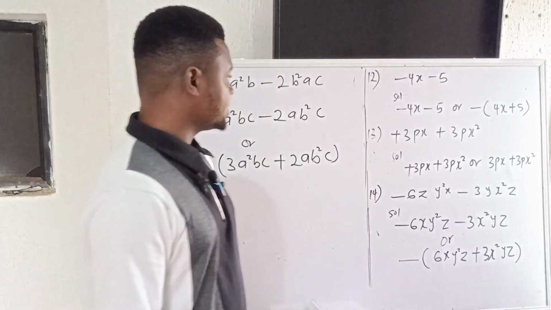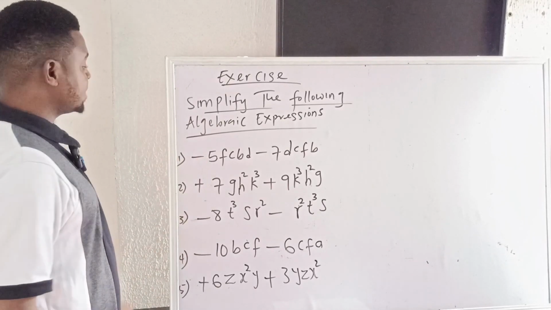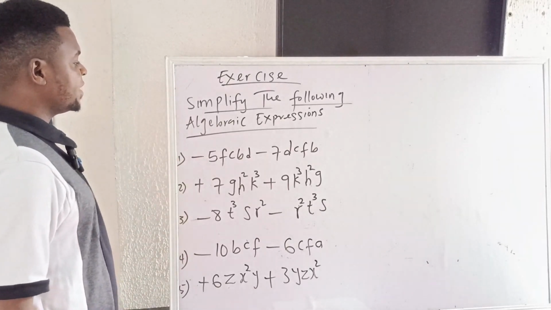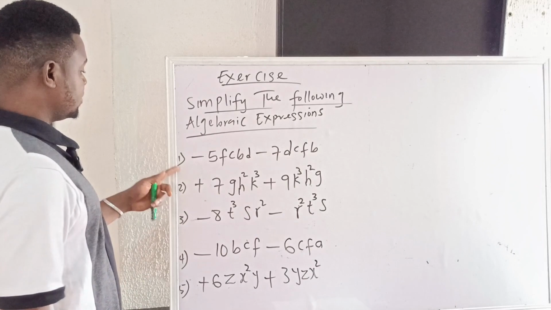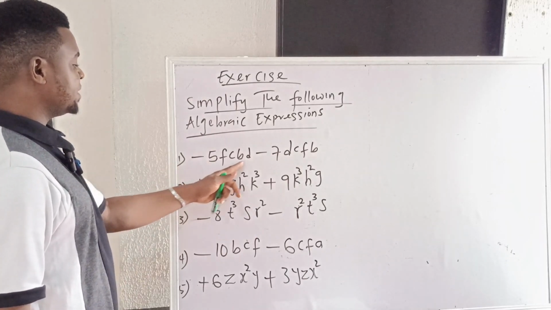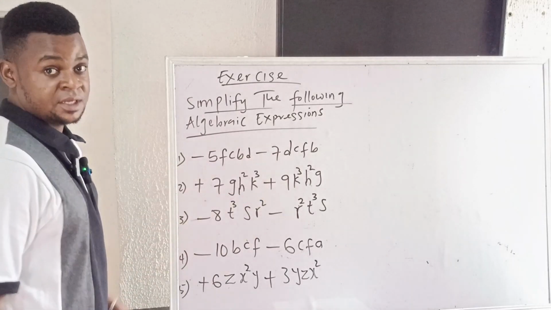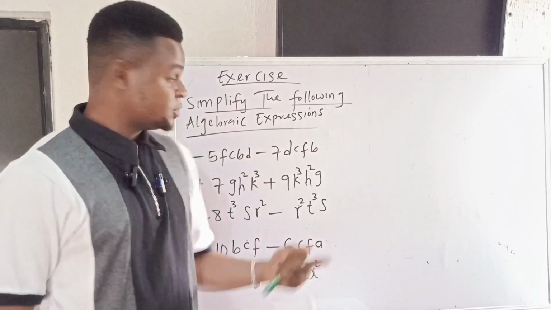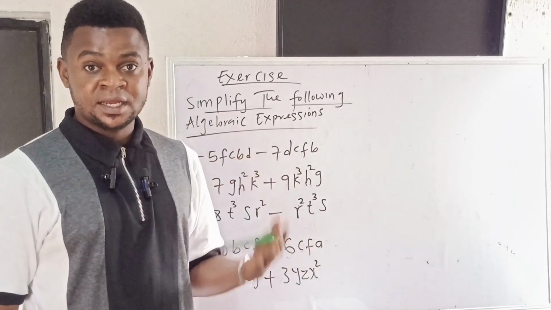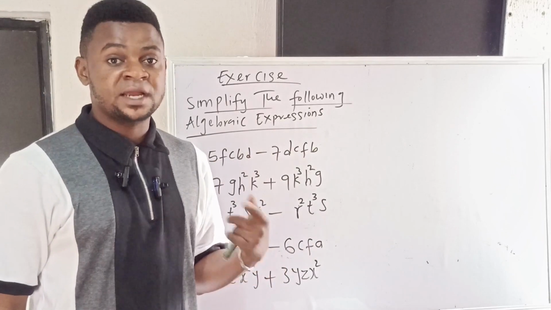So let's look at the exercise. Okay, so for the exercise, simplify the following algebraic expressions. We have minus 5FCBD minus 7DCFB. So don't forget same sign rule. So check if they're having the same signs, and don't forget to check if the variables are arranged in alphabetical